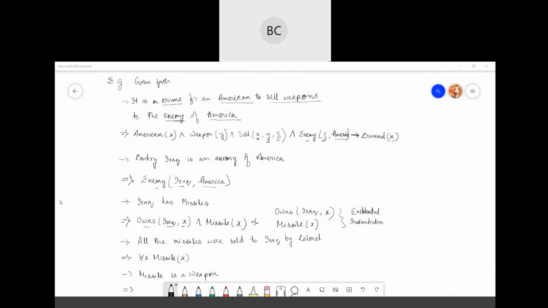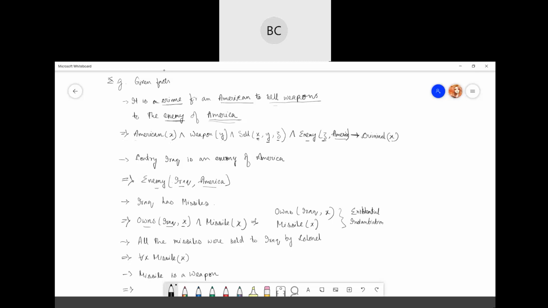So in the first fact, it is a crime for an American to sell weapons to the enemy of America. The main thing is that there is an American, there is an enemy, then we have weapons that are sold to the enemy, then it's a crime. The main thing is if these things happen, then it's a crime. So first we have an American and we took variable X. Then we have weapons with the variable Y. Then those weapons are sold to another